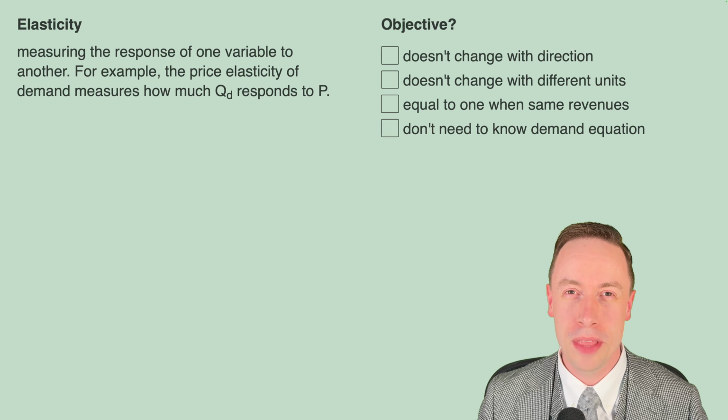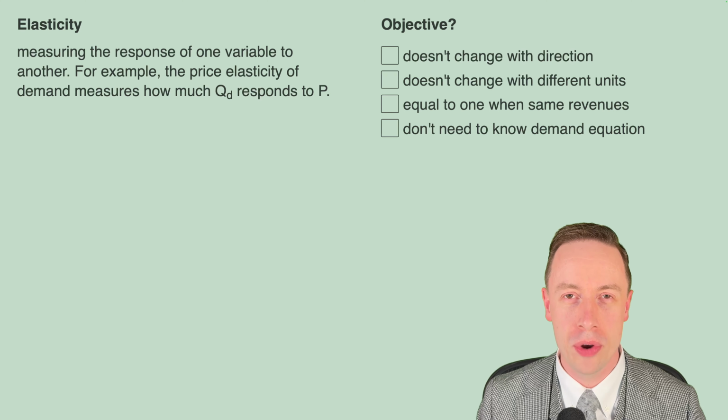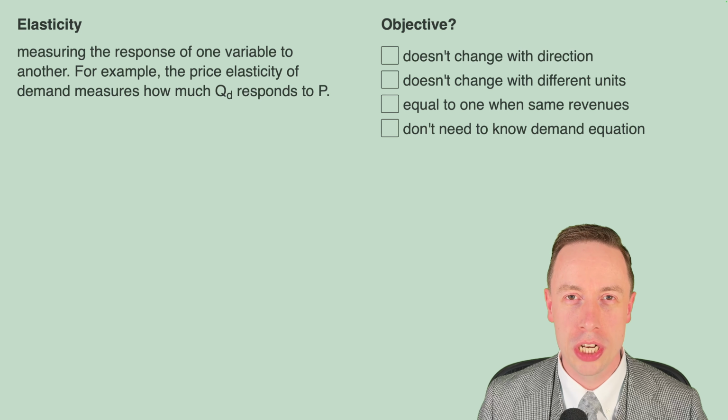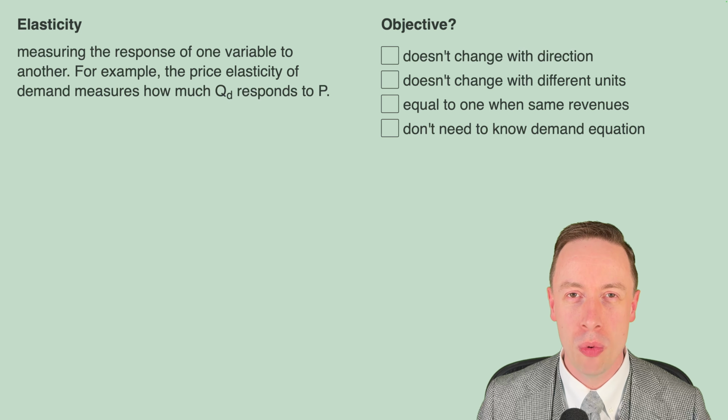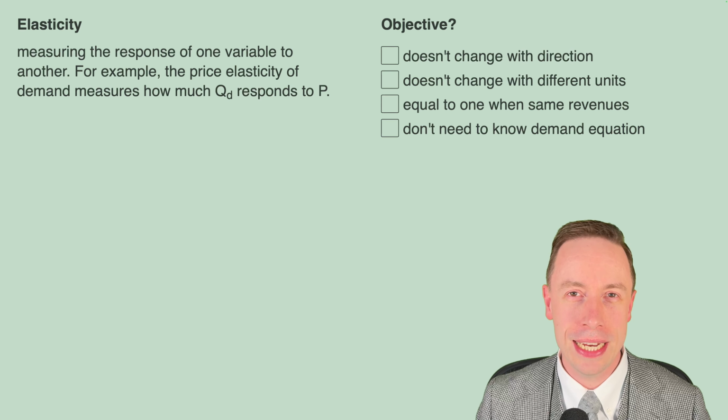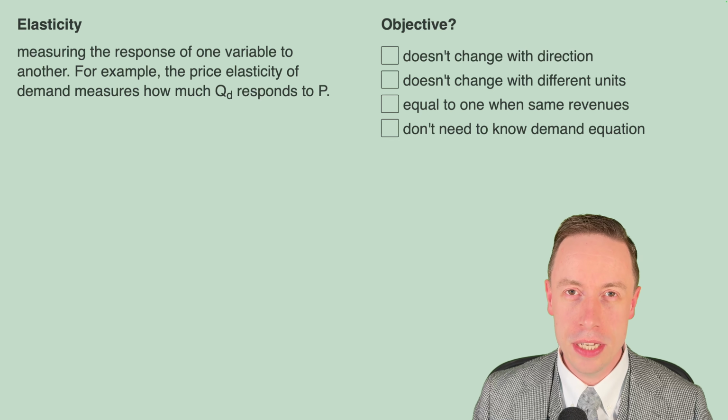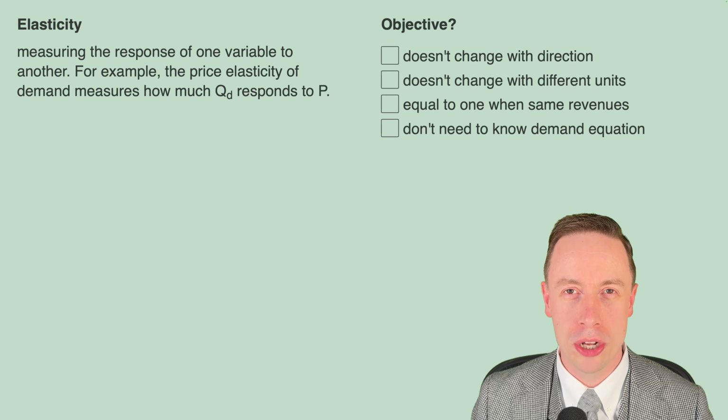Elasticity is a concept that pops up in economics whenever we want to measure how one variable responds when a second variable is changing. For example, we will spend a lot of time talking about the price elasticity of demand, which measures just how much the quantity demanded of a product changes when the price of that same product is also changing. Now, the reason we are using elasticity here is that ideally we want a measure of responsiveness that